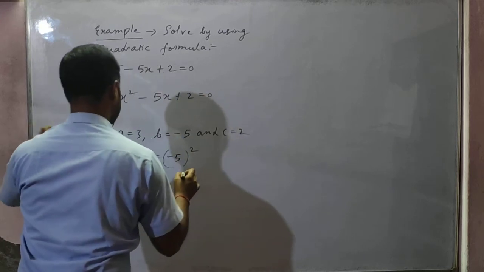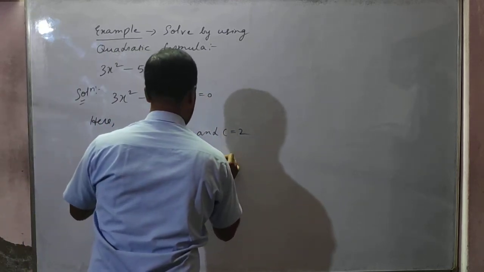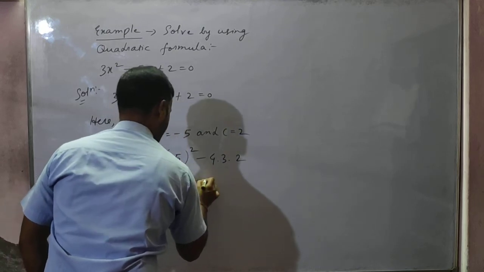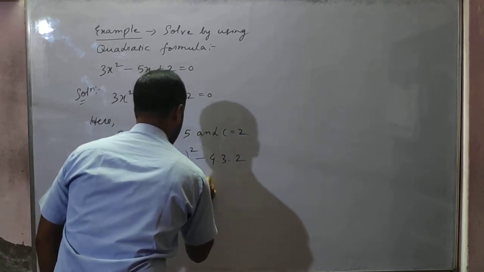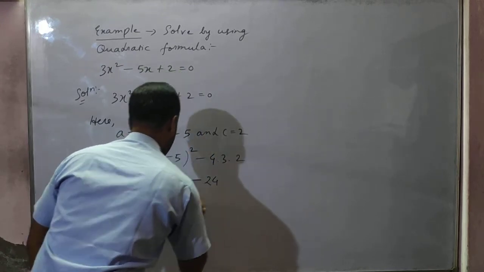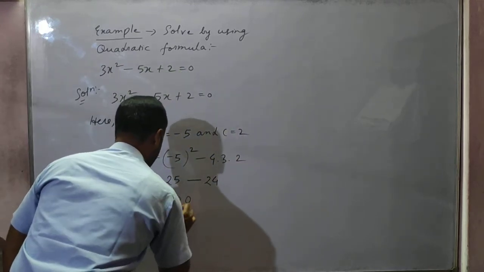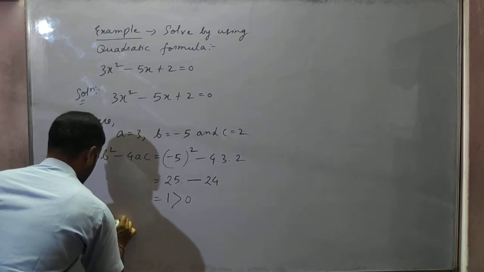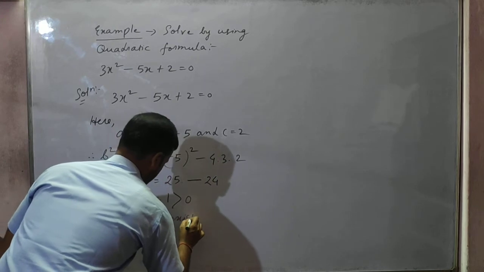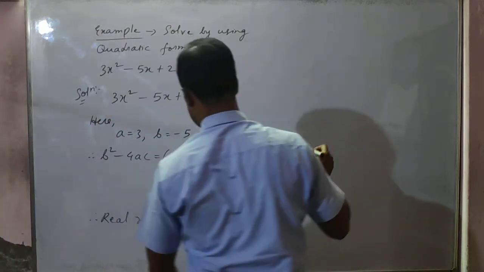b square minus 4ac. So 25, 4 3 is 12, 12 2s are 24. 25 minus 24 is 1, which is greater than 0. Therefore, real roots exist. So if real roots exist, then we will